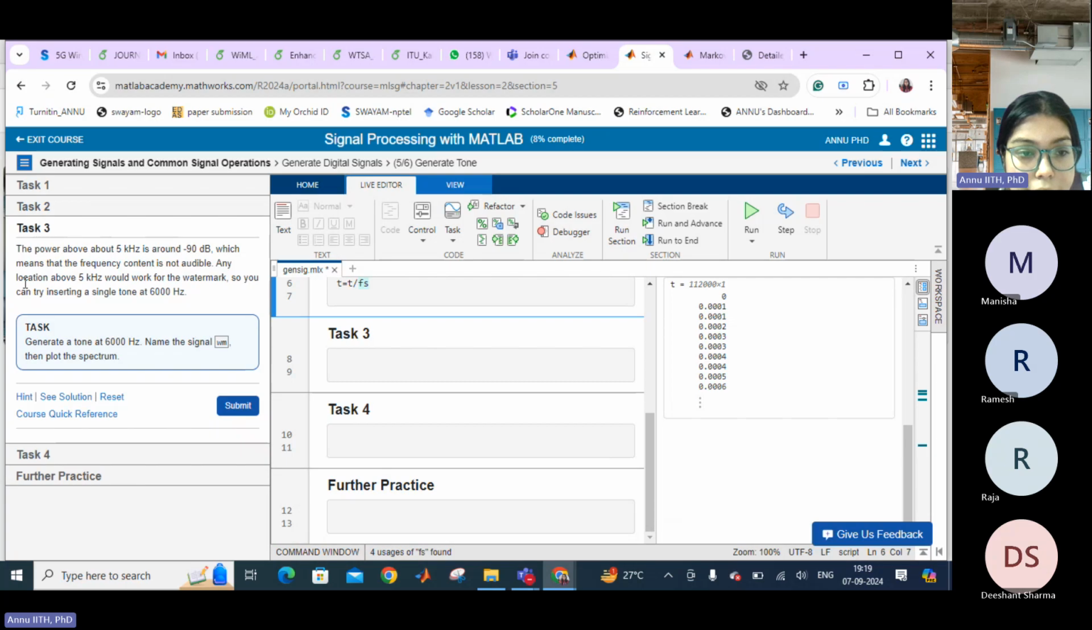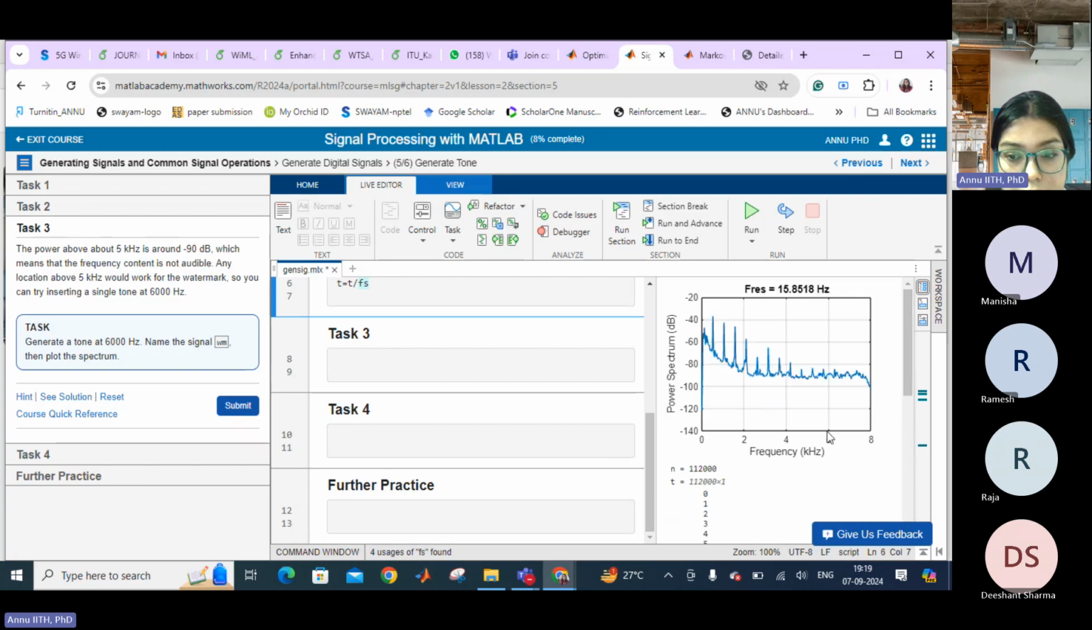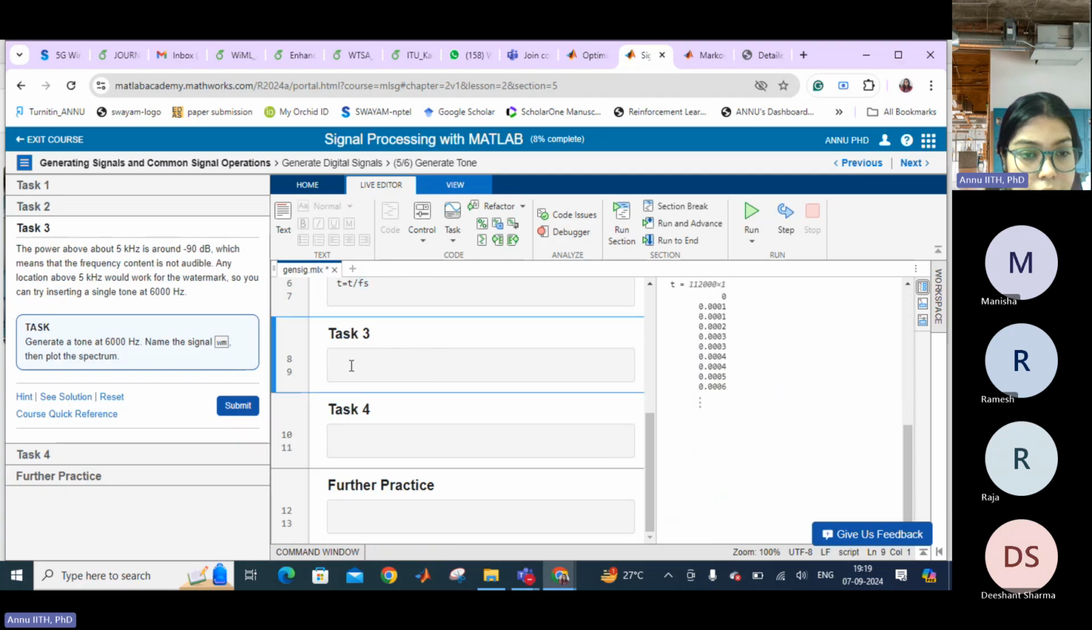The power above 5 kilohertz is around minus 90 dB, which means the frequency content is not audible. Any location above 5 kilohertz would work for the watermark. So you can try inserting a single tone at 6 kilohertz. Generate a tone. A single tone we can create using sine. So Wm is equal to sine